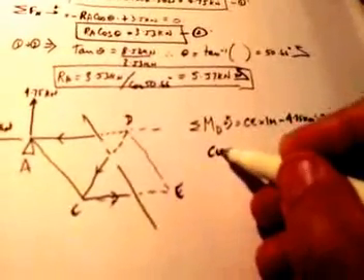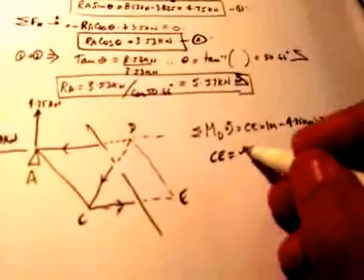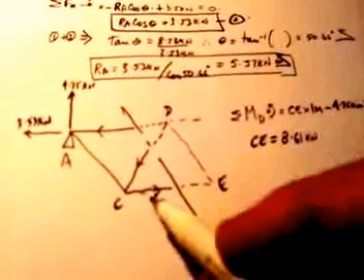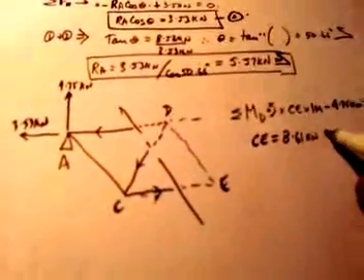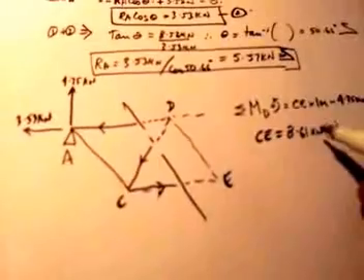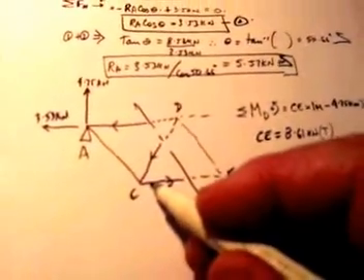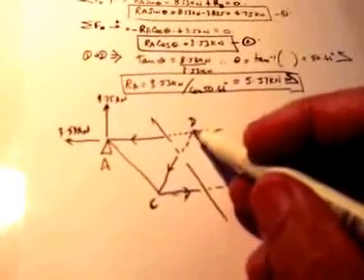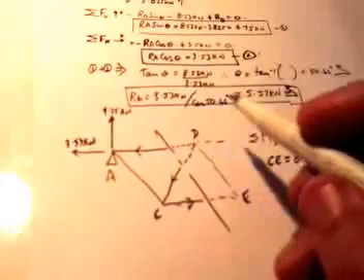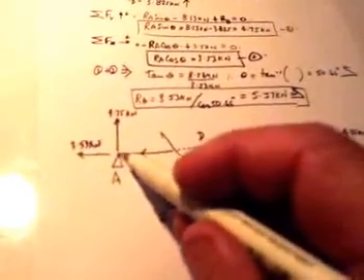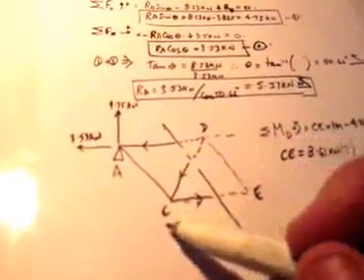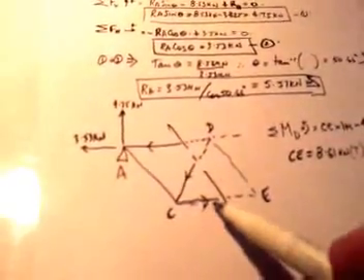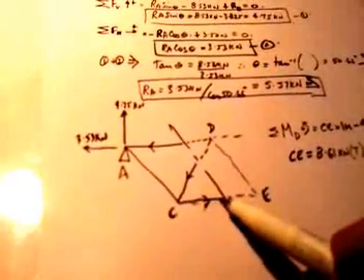Okay, so it's easy enough to solve for CE. CE becomes 8.61 kilonewtons, and because it's positive, it means that I guessed the correct direction, meaning that the bottom member is in tension. If it was negative, I'd have to reverse the arrow and say it was in compression. Okay, now next thing, I want to be able to solve for CD. So I need a place to take moments about which would eliminate this, AD, which I don't want to work out, and eliminate AC. I don't need that. So really the obvious point is taking moments about A,